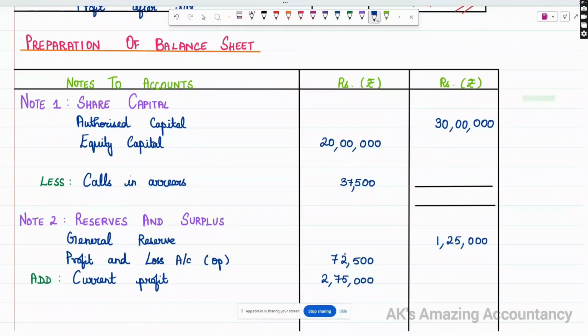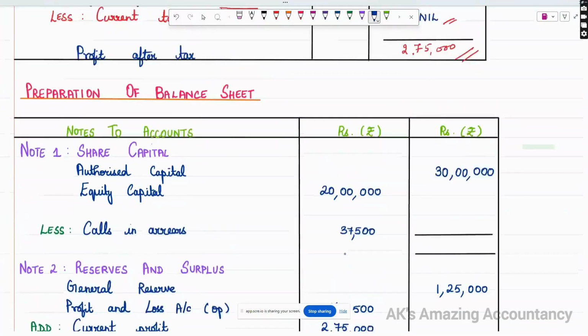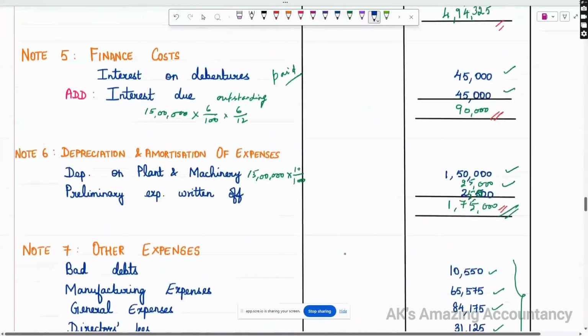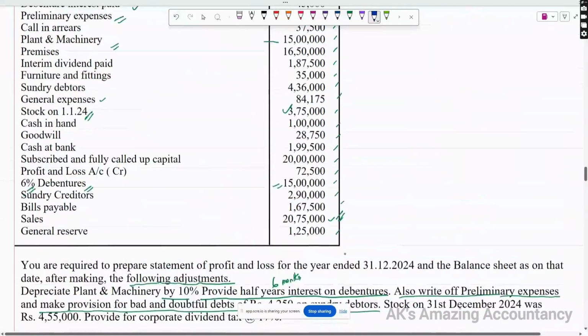You all know that as per the revised format, both the profit and loss account and balance sheet are to be prepared in a statement form. In the previous video, I have already worked out the statement of profit and loss for a particular problem. And for the same problem, I'm going to work out the balance sheet now, as I told you earlier. So let me show the problem for which we have already done the statement of profit and loss.